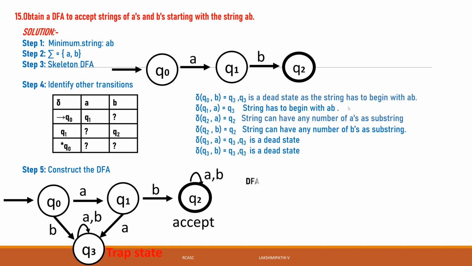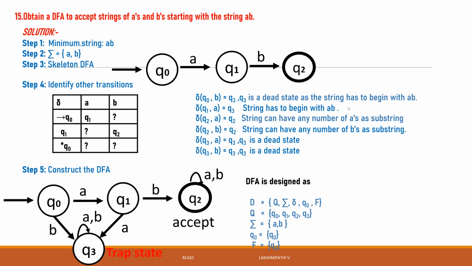Then coming to defining the DFA. So how can you define that? A DFA is designed as a 5-tuple: Q, sigma, delta, Q naught and F. Q is a non-empty finite set of states. What are the states here? Q0, Q1, Q2, Q3 are the states. Then sigma is A comma B; there are two input symbols, A and B. Then Q naught, the starting state, is Q0. The final state is Q2.